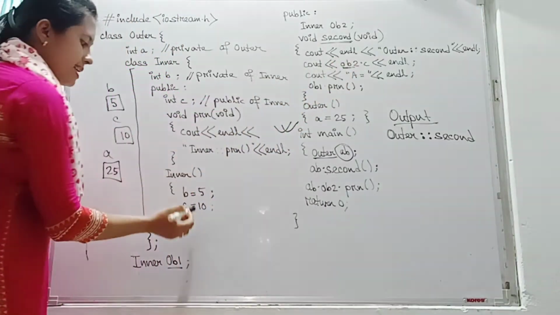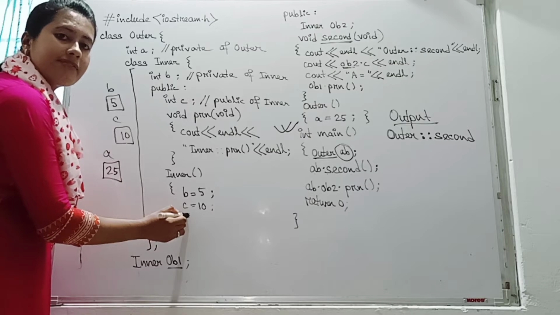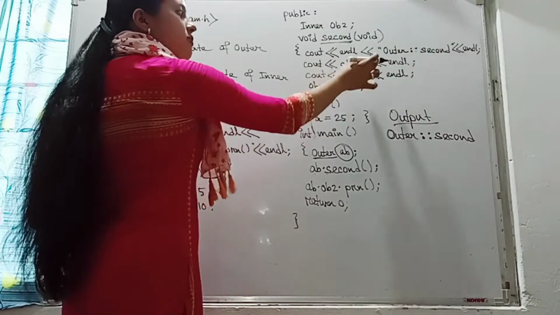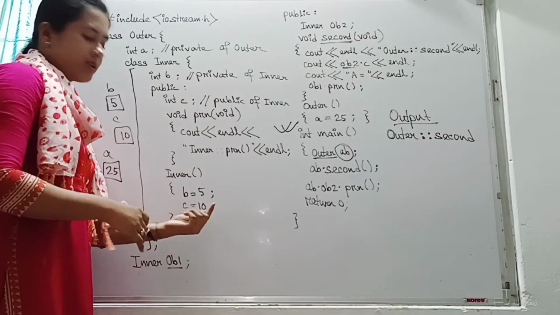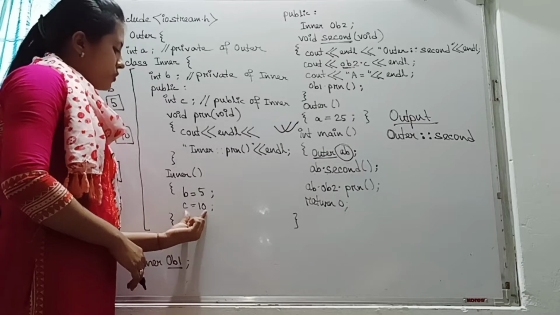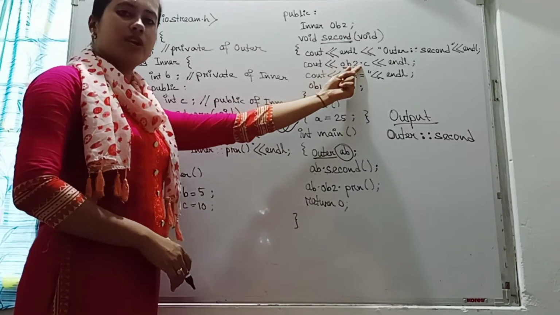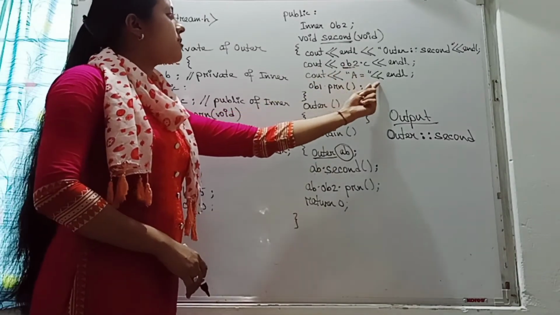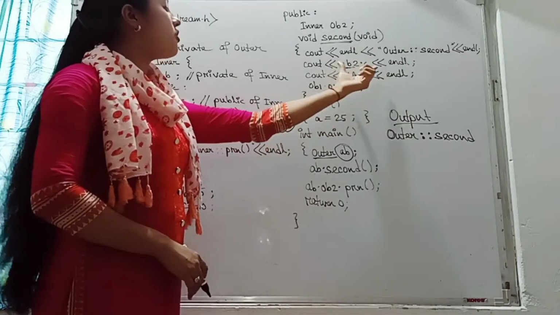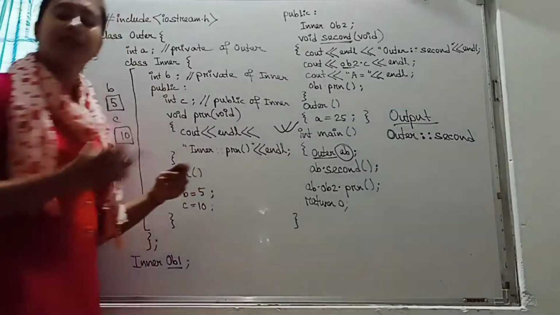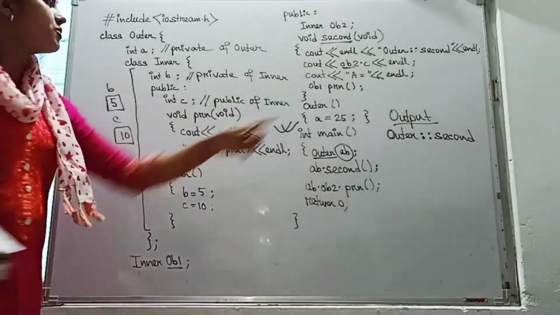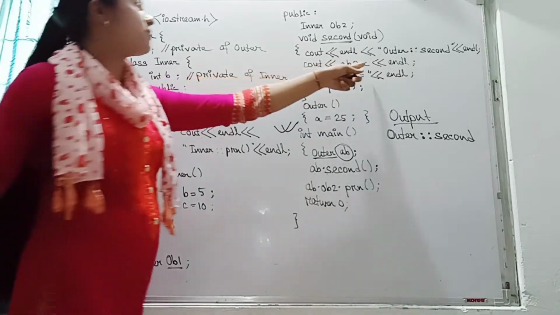So through this object of the inner class, we will access the public member of the inner class, which is c. Now c is defined here. What is the value of c? c's value is 10. So what it will display? This has been accommodated by this particular function, ob2 dot c. So c equals 10. This value will go here. Now a equals what? It is showing endl, so it will go to the next line. Before that, ob2 dot c will print the value 10. You see here, ob2 means what?